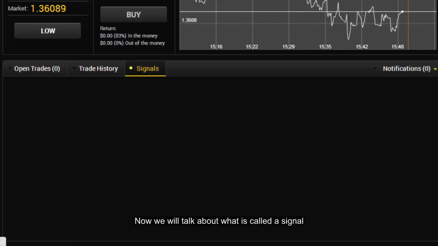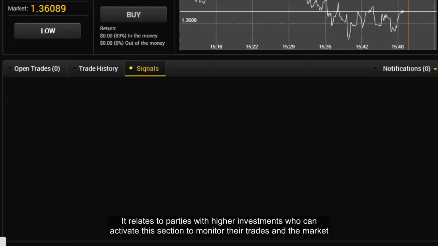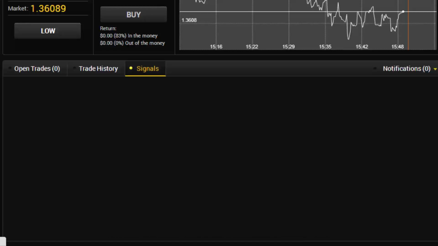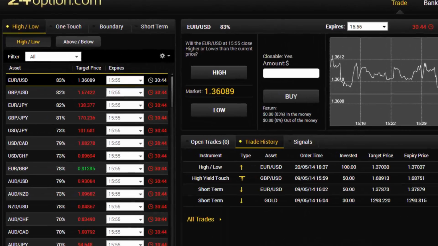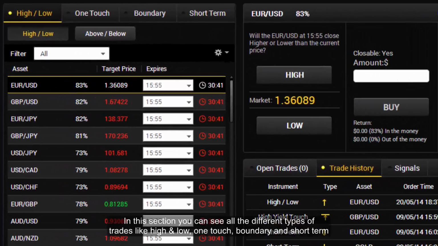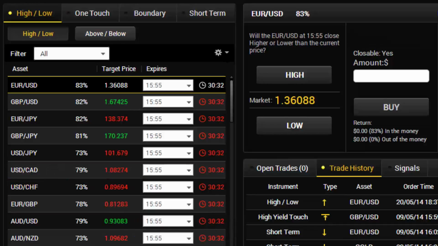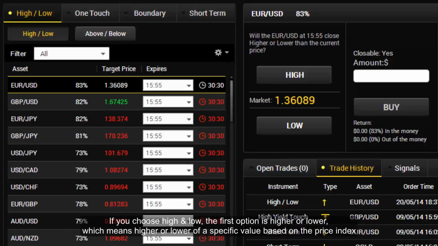Signal. Now we will talk about what is called a signal. It relates to parties with higher investments, who can activate this section to monitor their trades and the market. In this section, you can see all the different types of trades like high and low, one touch, boundary and short term. If you choose high and low, the first option is higher or lower, which means higher or lower of a specific value